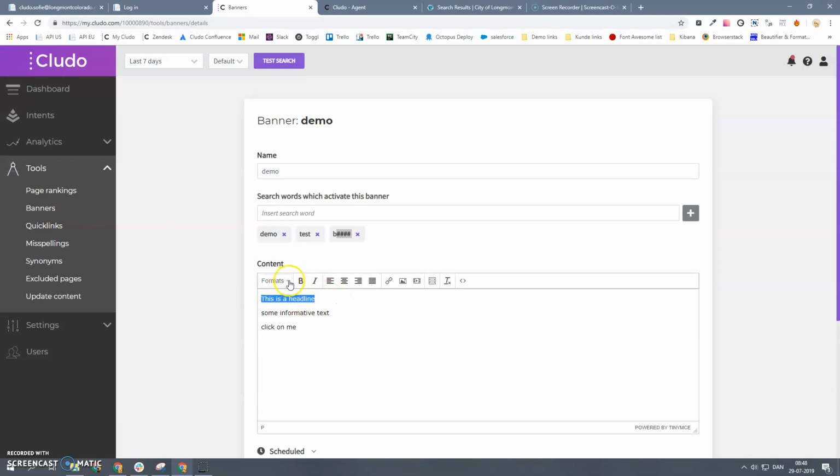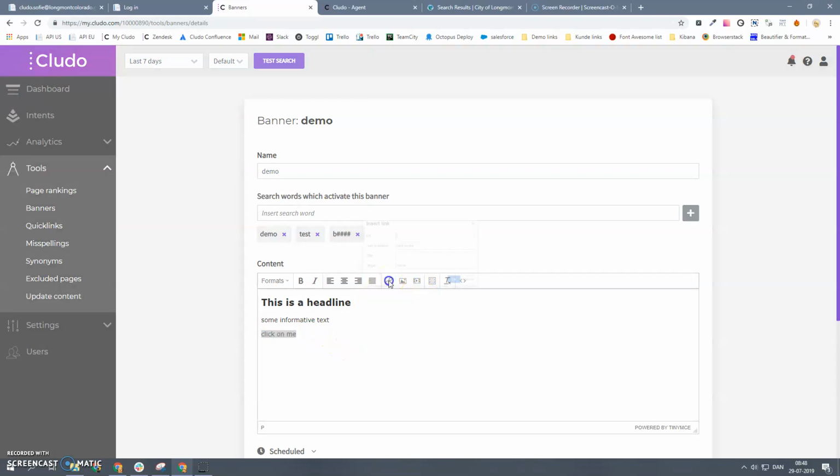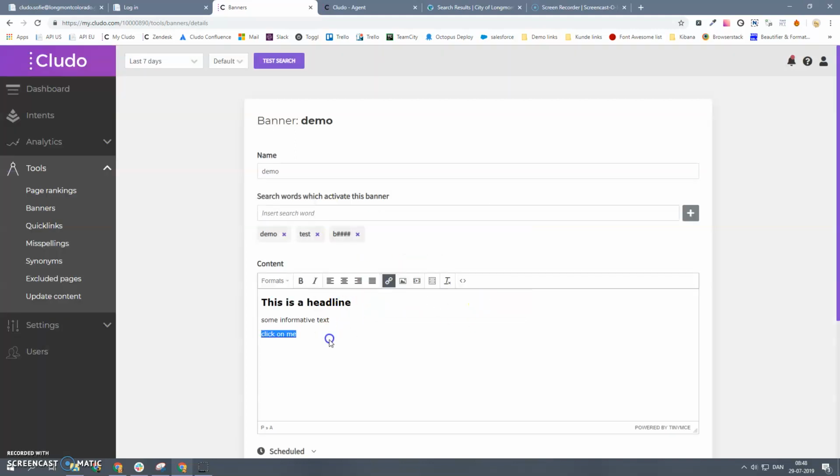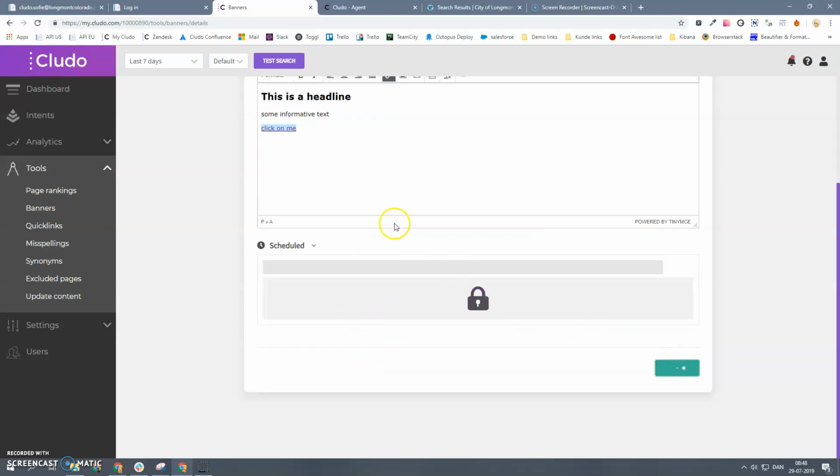So here you can highlight this, use the formats to make this a headline. Then you can highlight this, click on the Insert Edit Link, insert a link you want it to link to, and then the text to display. Click on me, yes. So now when I click Save,